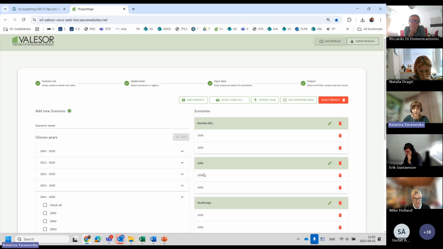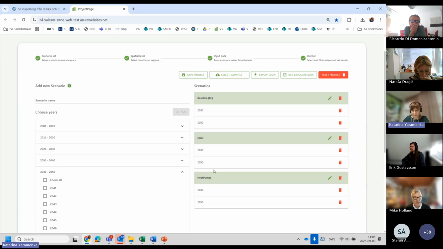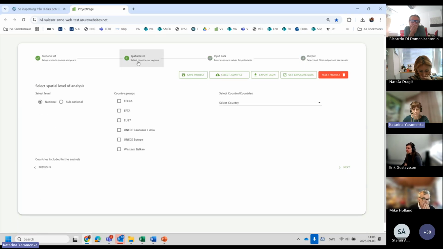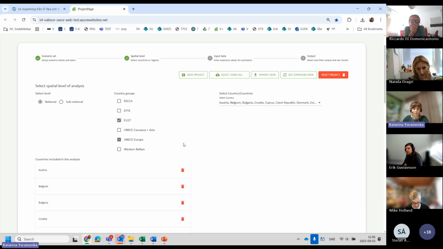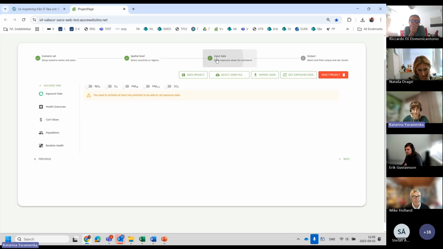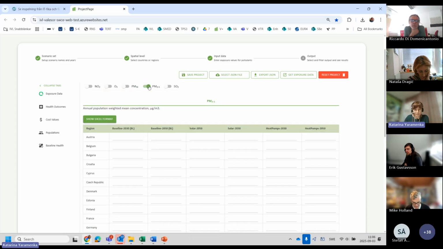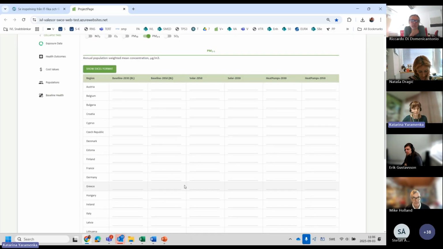So now I have 3 scenarios, and I go to spatial level, and I can select EU27, and then I go to input data. So the exposure here can be entered for all pollutants. I can just make some examples. Put data for,